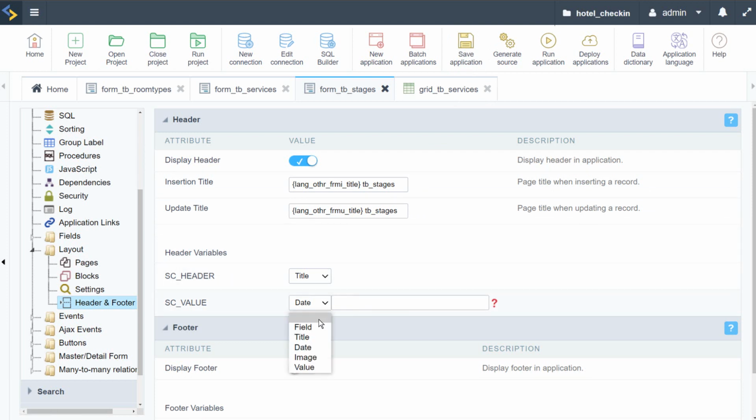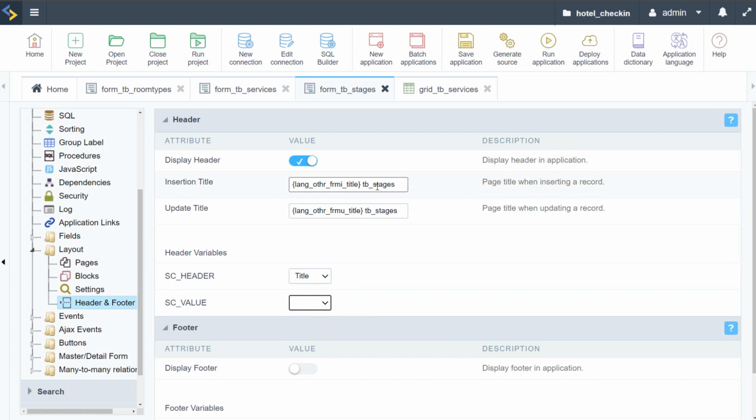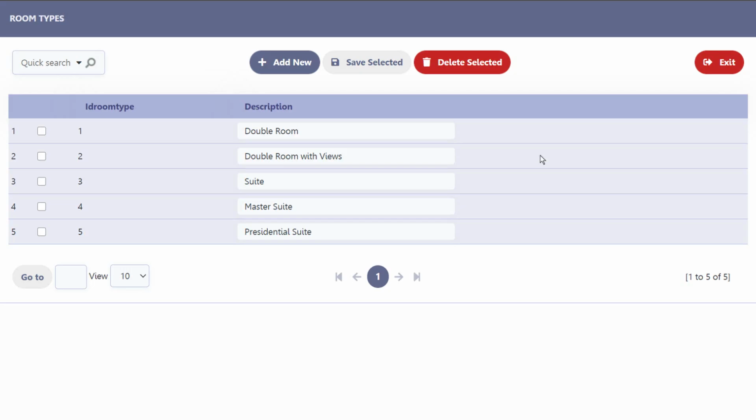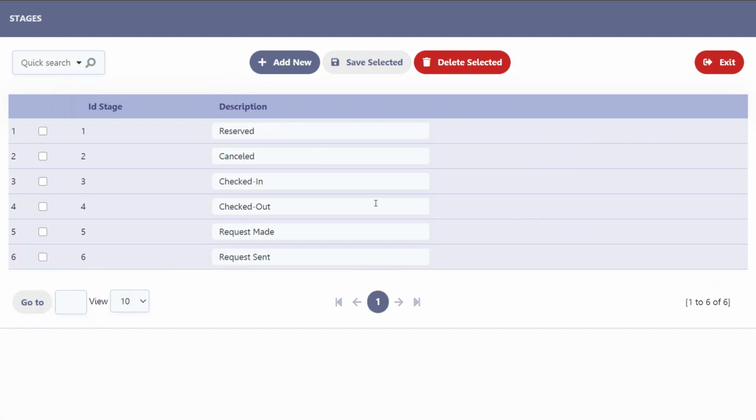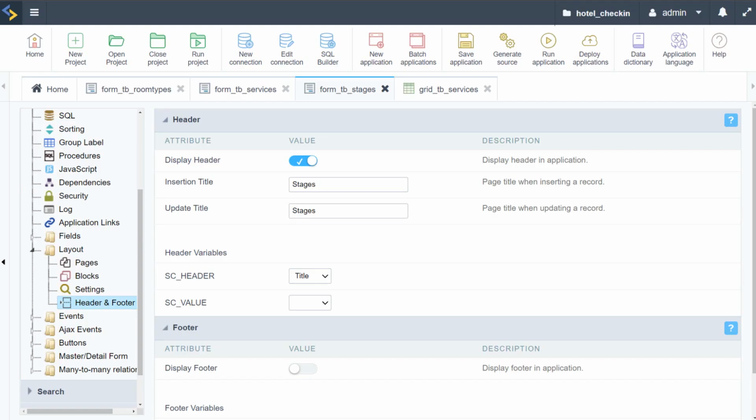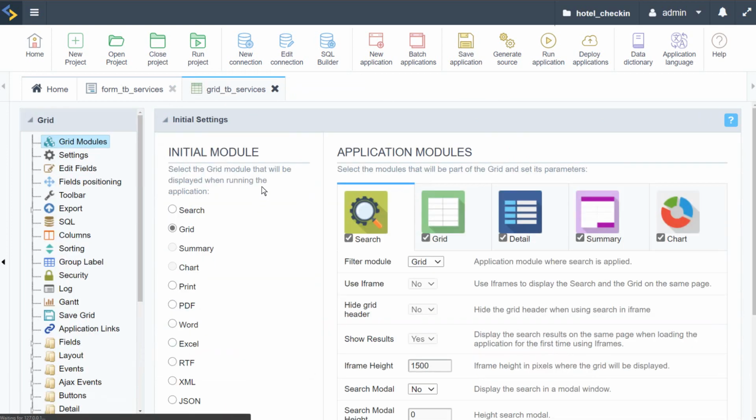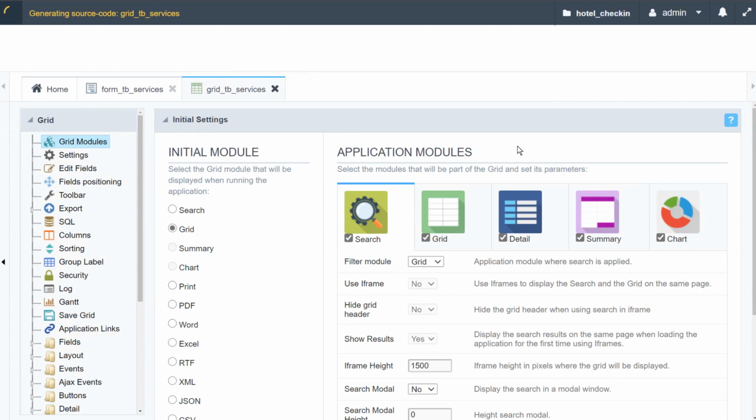And again, here I will remove the date and just enter stages for the title. I can run that again and we will see that we now have the same layout with our stages form. Okay, so now if I close then the room types and the stages, we're left then here with our services. So if I run here, first of all, the services grid,